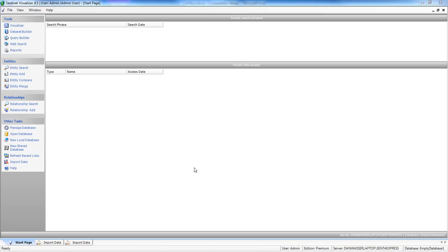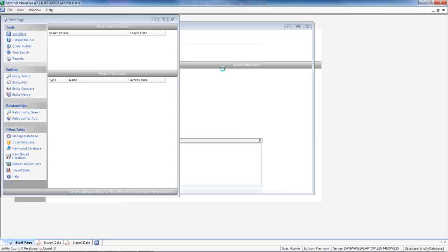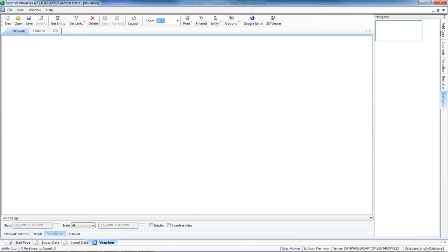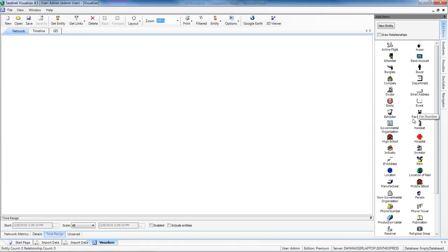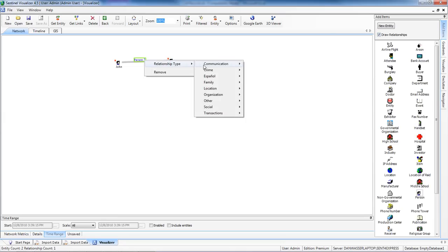Now we're going to talk about importing data into the Sentinel database, and we're going to use phone calls as an example. The first thing I'm going to do is call up the visualizer, and we're going to have a blank slate here. There are different ways that we can visualize a phone call. It can be something as simple as John makes a phone call to Jane, and the relationship between the two people is, in fact,